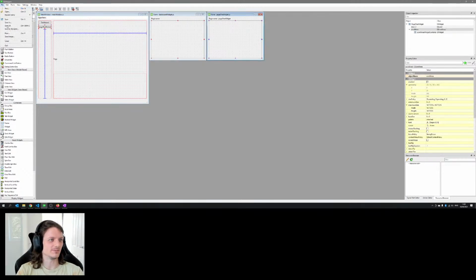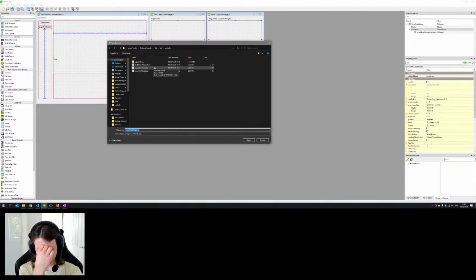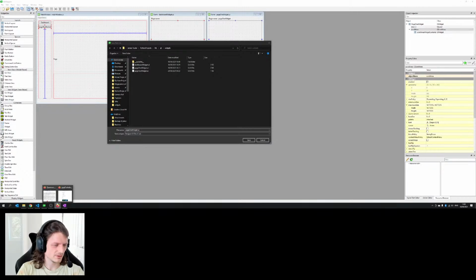Page 1 will become, what is this page called? Quantum numbers is too confusing. I won't remember what that is the next day.